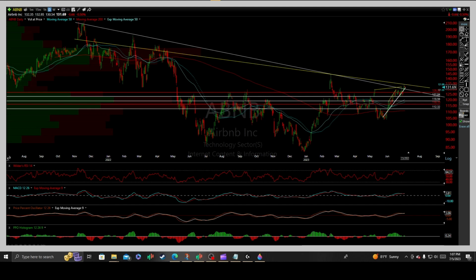The following is an update and technical analysis on Airbnb Incorporated, a company of the technology sector, internet content and information here off the daily interval, where I've added this new concealed primary reactionary high downtrend line, right off the gap of November 2021. It cuts right through the top of the gap with well-defined reactionary highs and reactionary lows really across the board here.